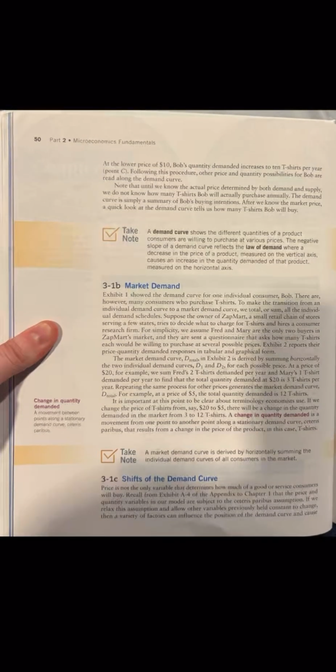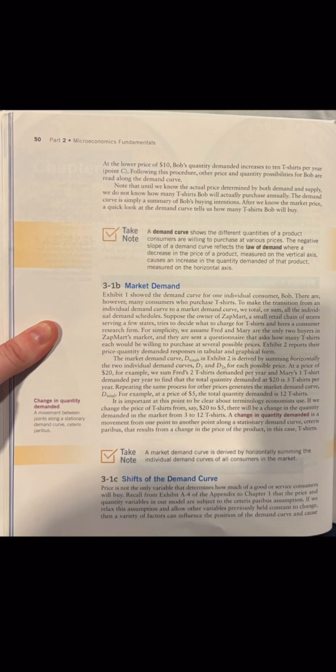3-1b. Market demand. Exhibit 1 showed the demand curve for one individual consumer, Bob. There are, however, many consumers who purchase t-shirts. To make the transition from an individual demand curve to a market demand curve, we total or sum all the individual demand schedules. Suppose the owner of Zapmart, a small retail chain of stores